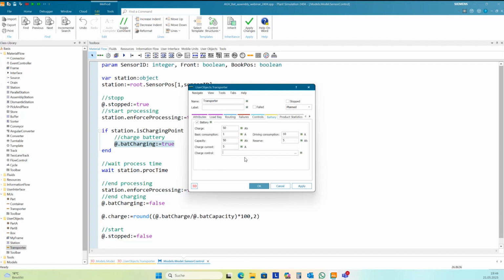And if you activate the routing, then the HEV finds the way to the charging station. And in the charging station, you need to have a control to set but charging to true and to false after a certain time.